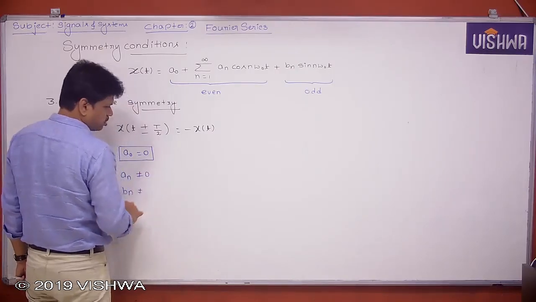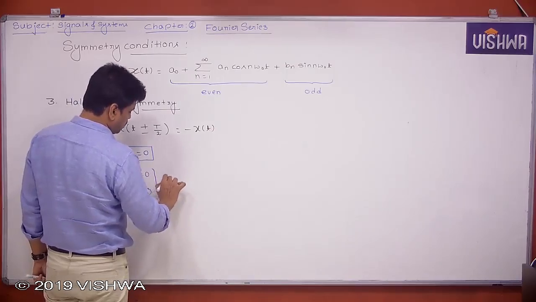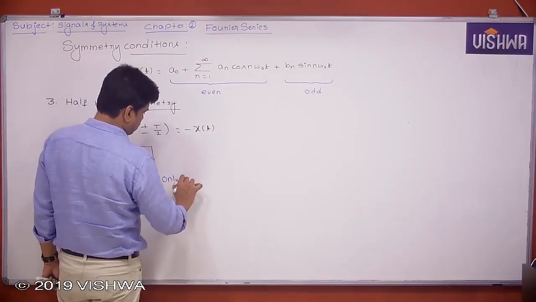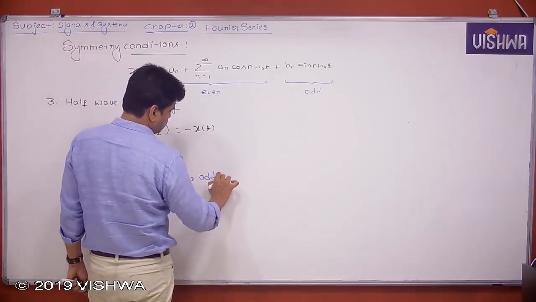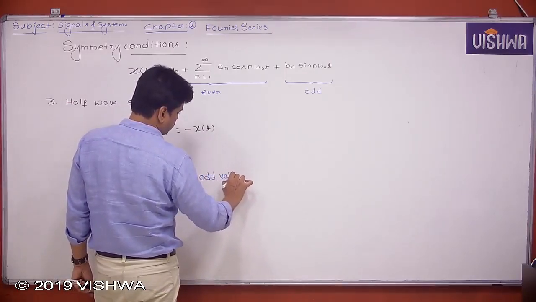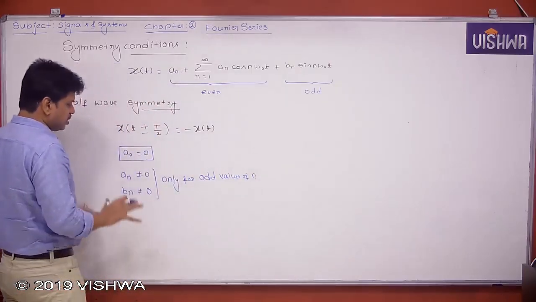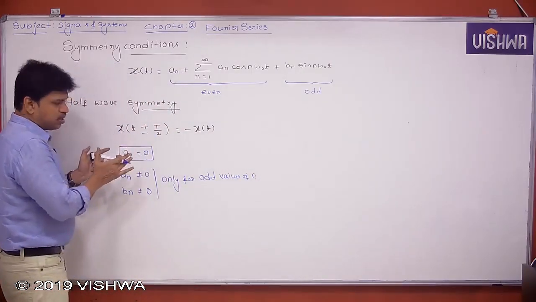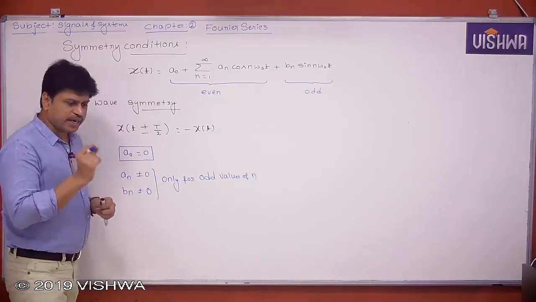It depends, but only for odd values of n. Odd values of n. That means the signal, while you are expressing it as a Fourier series expansion, contains only